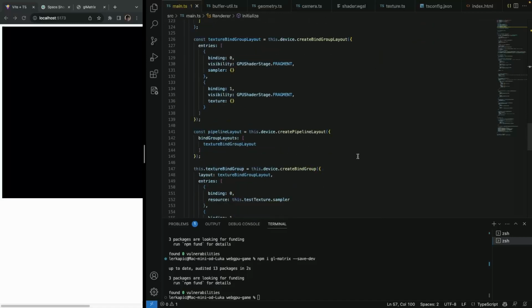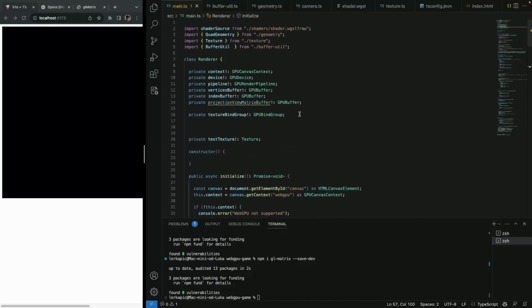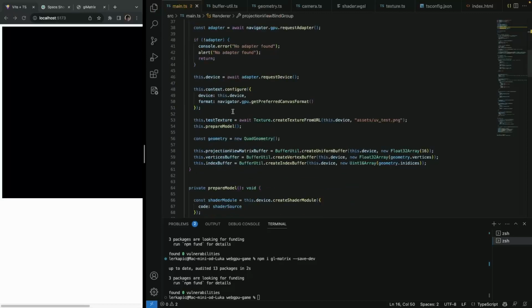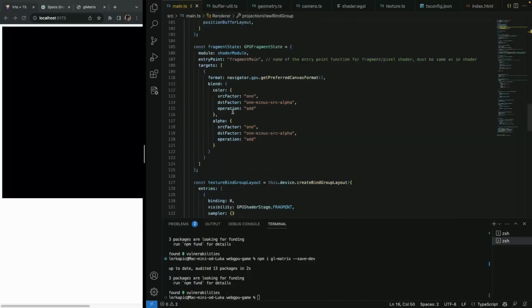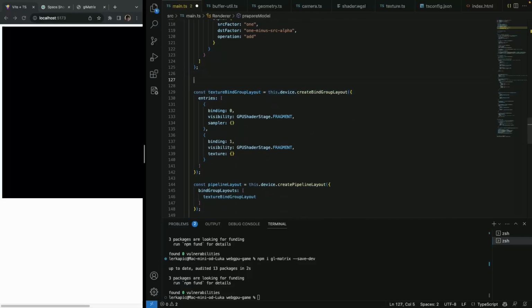So here we had this texture bind group, but I'm actually going to have another bind group. So it's going to be called private. So now I'm going to soon explain this bind group stuff. Projection view bind group, and it's of type GPU bind group. So we can create it somewhere where we created a texture bind group. We need to specify layout as well. So let's just say that